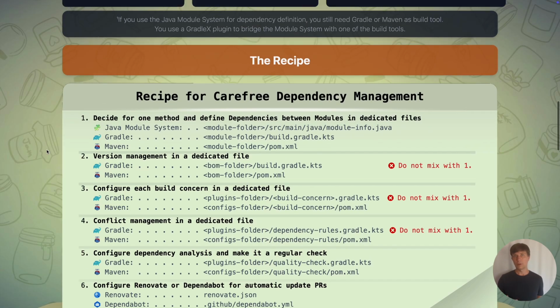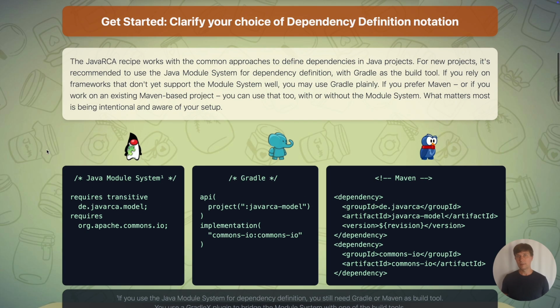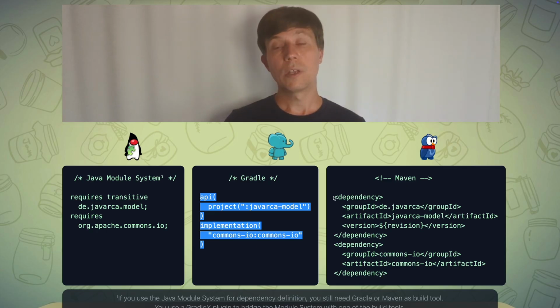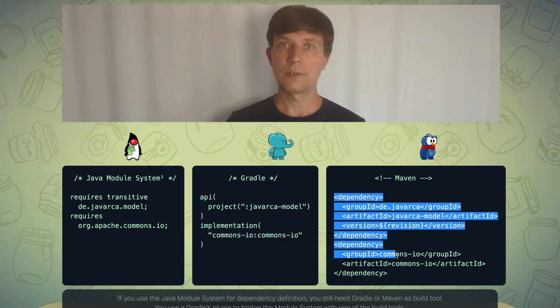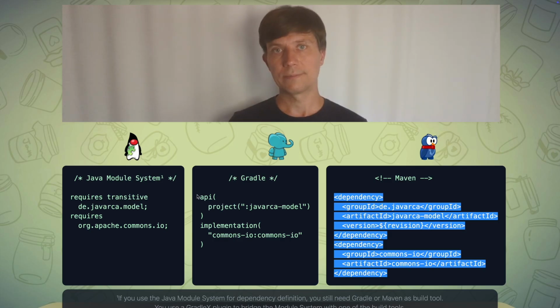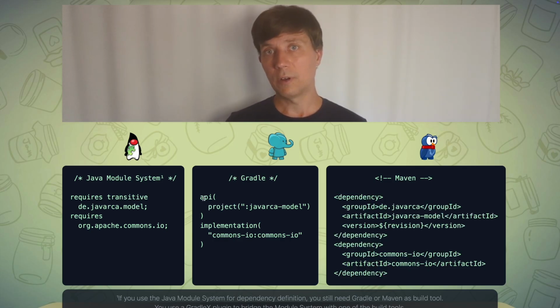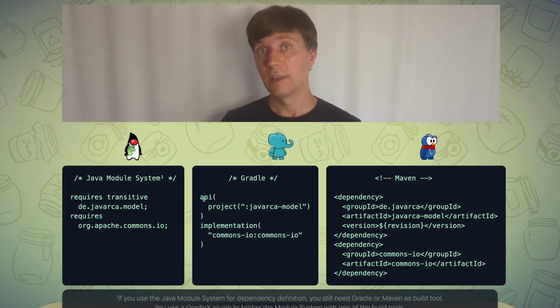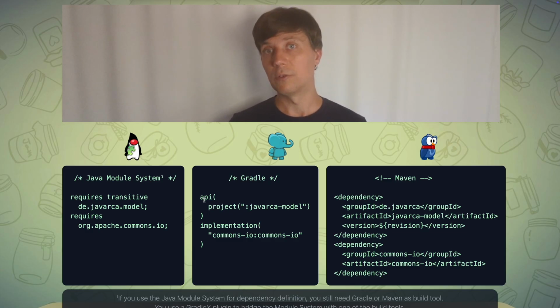Most projects that do not use the module system define dependencies either in the build Gradle or POM XML files, which often leads to dependency definitions being lost in a lot of other build configuration noise. It seems to me that it is often forgotten that the build tools are also dependency management tools and that you do dependency definition through these tools if you don't do it in Java itself. But the existence of the Java module system alone shows that this dependency definition is part of the development of your modules of your software, and not just some build configuration for building and assembling the software.